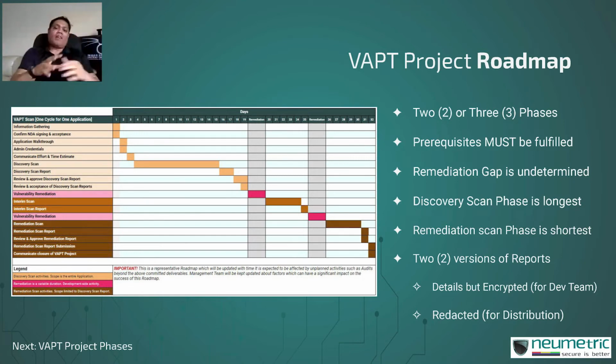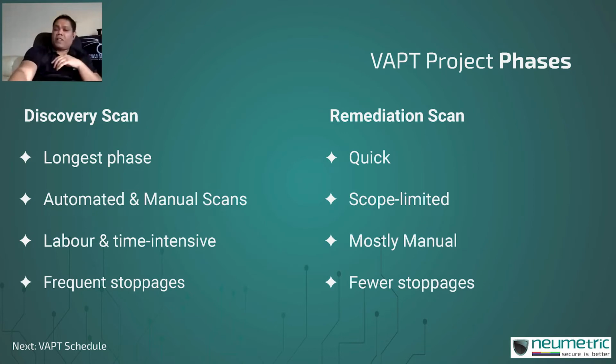And that redacted report, you create it, and maybe that is the one that you can keep in an unencrypted form, because it will be difficult for people who are these stakeholders to be constantly using a password that you have put on the PDF file. But please ensure that you create two versions of the reports, one detailed and encrypted, another one redacted and which is meant for distribution.